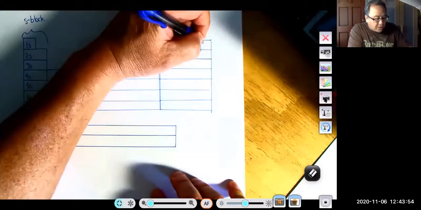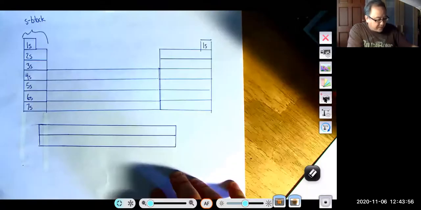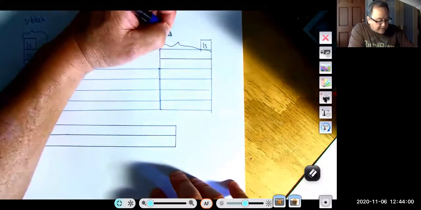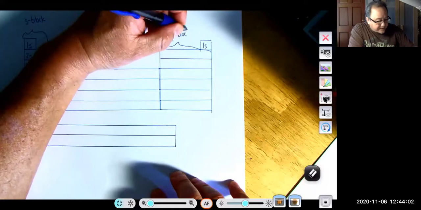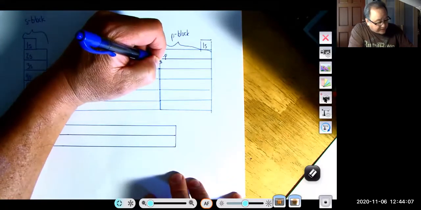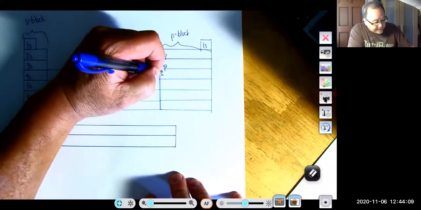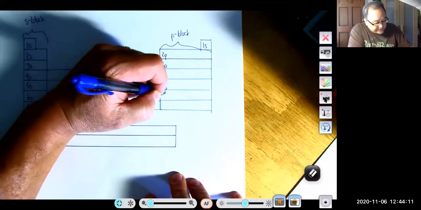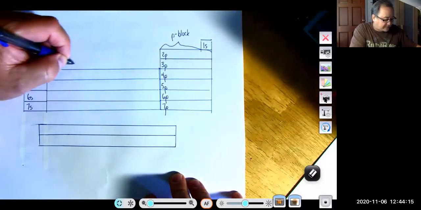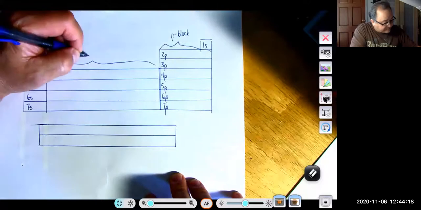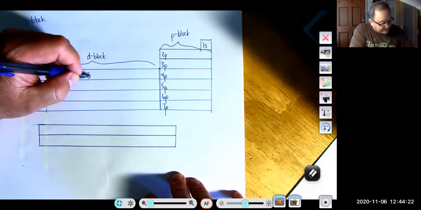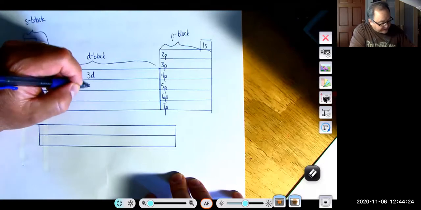This is also part of the S block. But the rest of these are the P block. And this is the 2p subshell. This is the 3p subshell, 4p, 5p, 6p, and 7p. This is the D block. And this is a 3D, 4D,